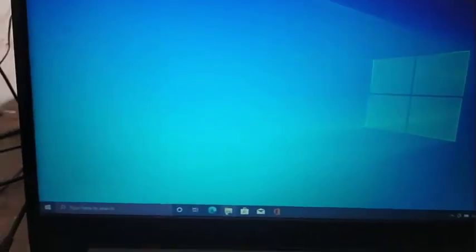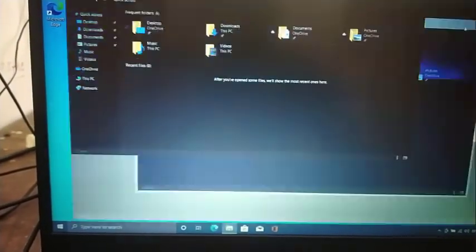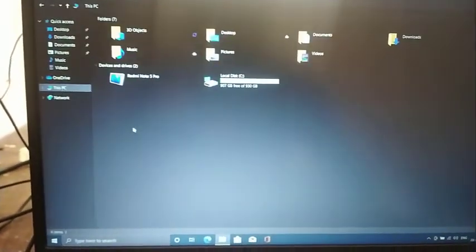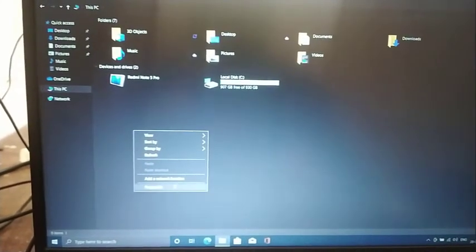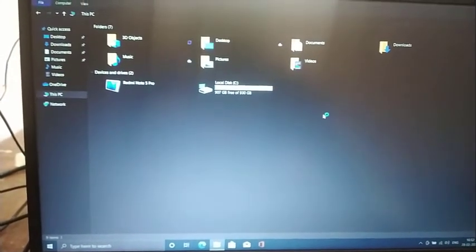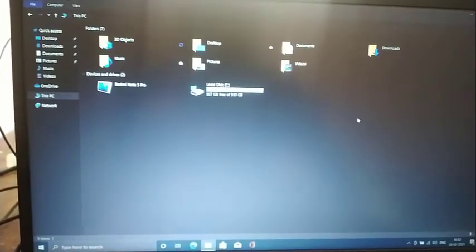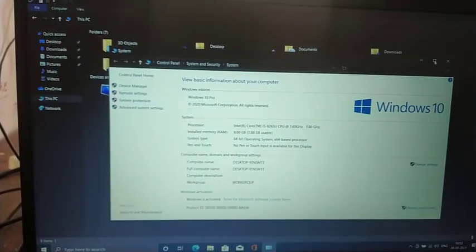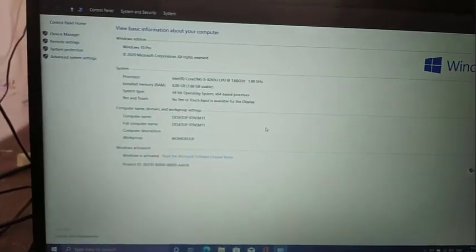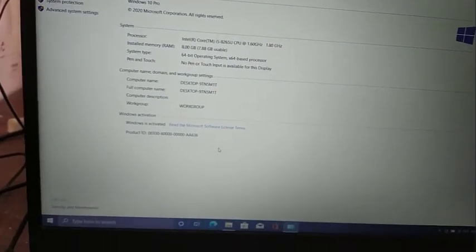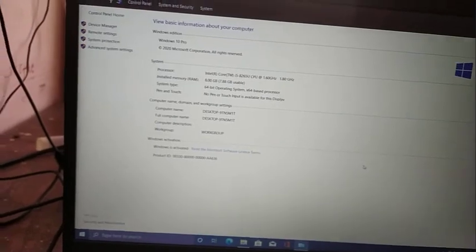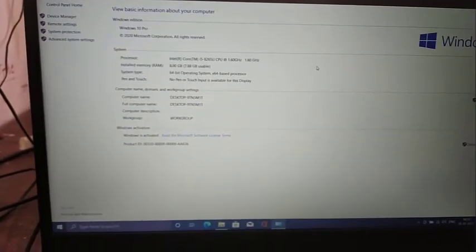First let me check whether my Windows license is activated or not. I should go to This PC, right click on an empty area, and go to properties. Wait for it. So as you can see, my Windows is activated. I am using a Windows 10 Pro license, not a normal Windows Home license, because it came by default with my old computer, which is this one, with an old version of Windows. Now this is a fully activated version of Windows. As you can see, all the rights and information are correct.